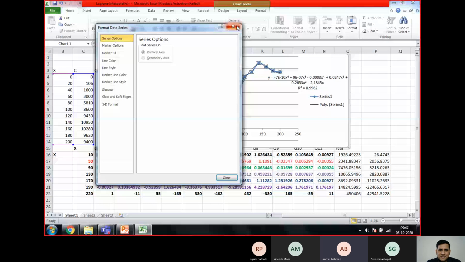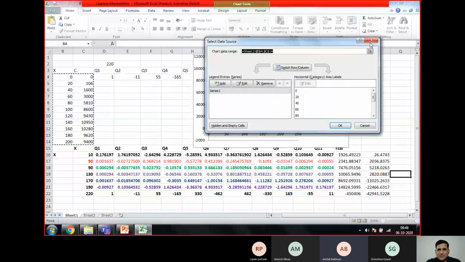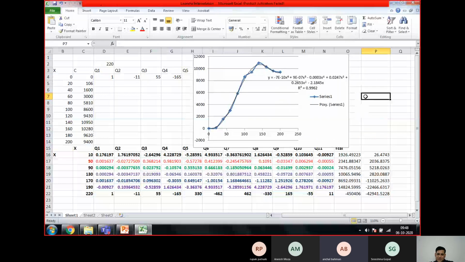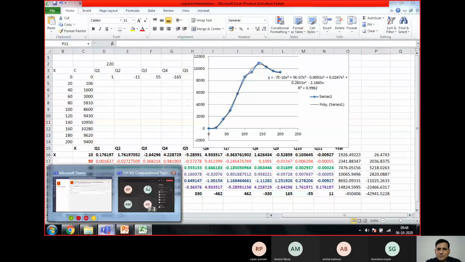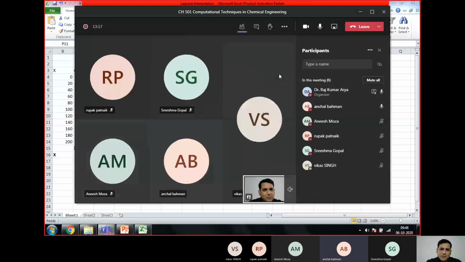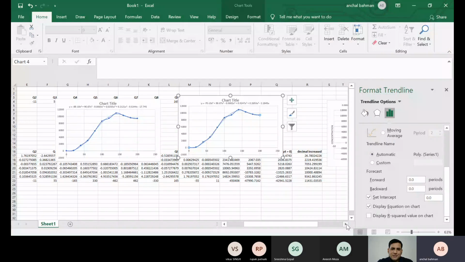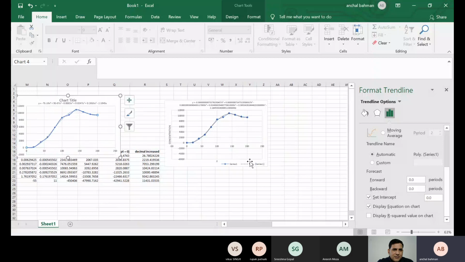Maybe my Excel version is the latest, so there is some difference. No, but that will not help much actually. Decimal points will not change much. Sir, it is helping a lot. I don't know how to share my screen, otherwise I would have. No, you might be doing something different. You can share your screen actually, I will permit you. You can share. You try it. Yes, sir, I'm trying. Can you see it now? Yes, sir.